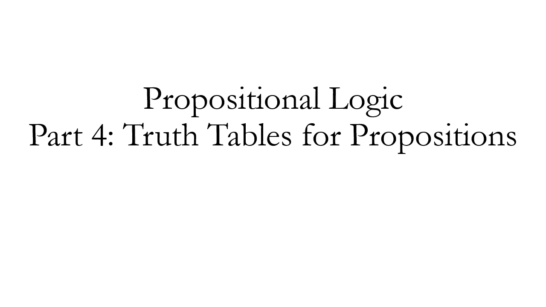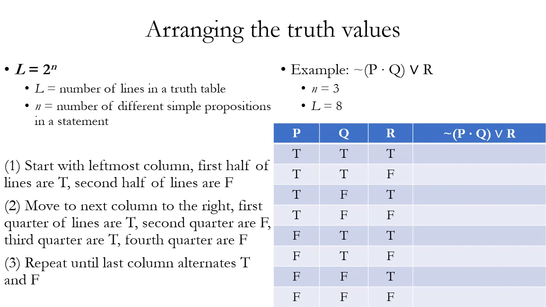Propositional logic, part 4, truth tables for propositions. So if we have a compound proposition, like for example, tilde, parentheses, p dot q, close parentheses, wedge r, and